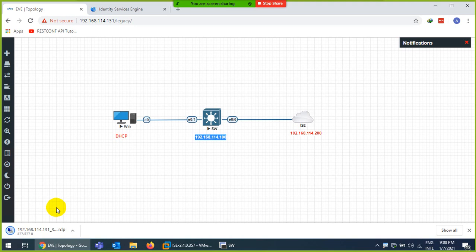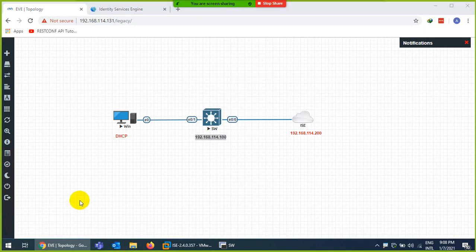Let me take RDP. Okay, so let me go to RDP, this PC. By default the username is user and the password test123, you remember, yeah? So let me log into this PC.